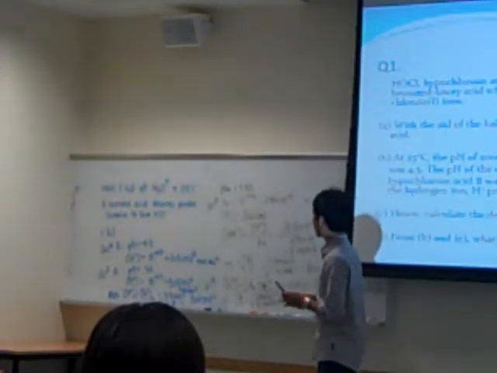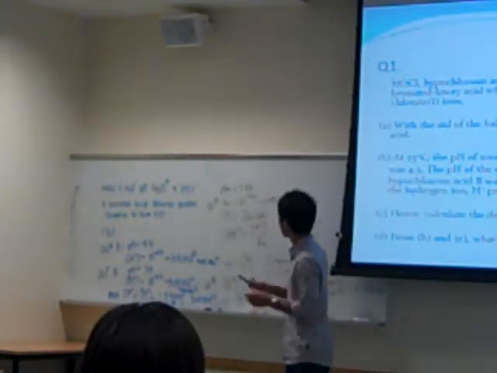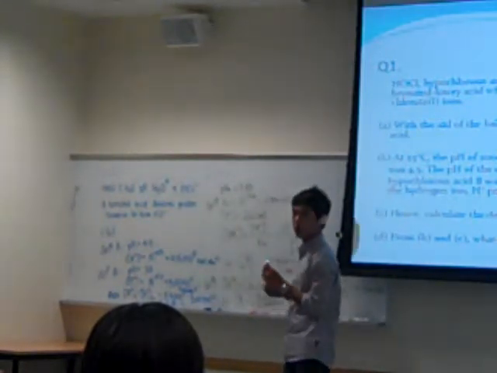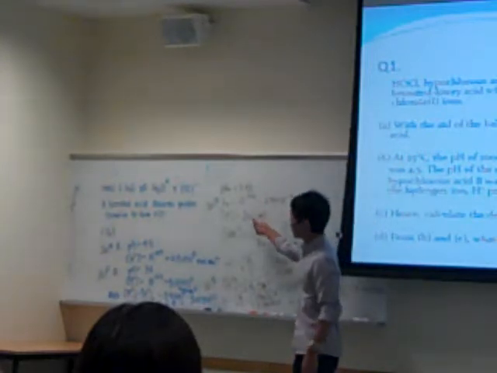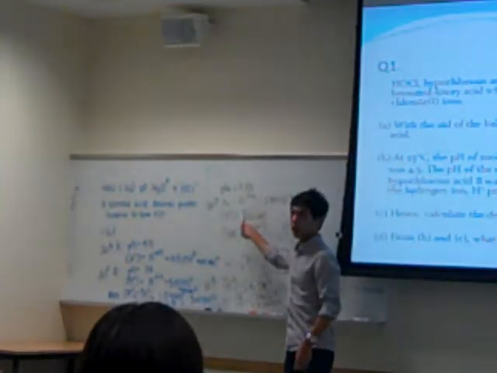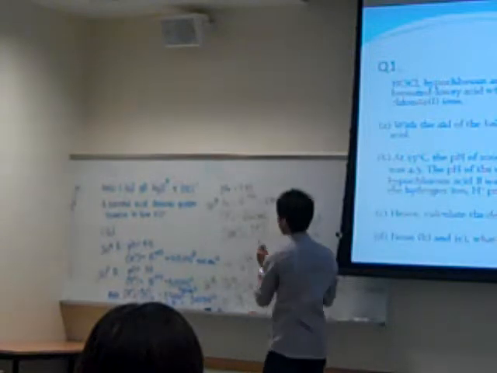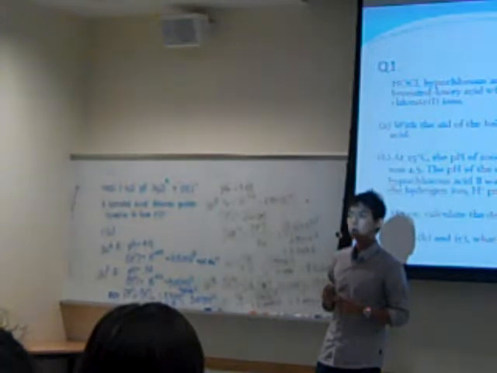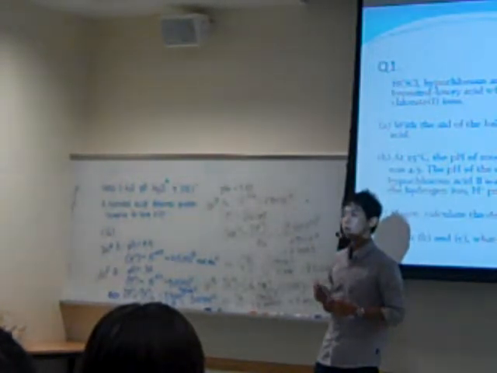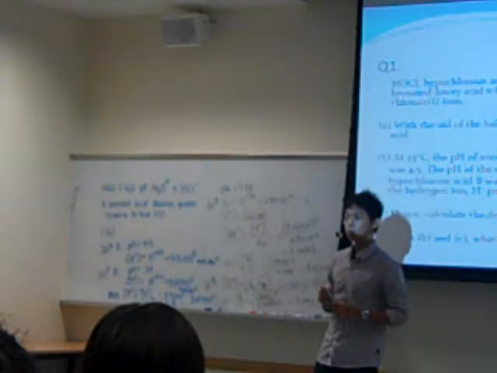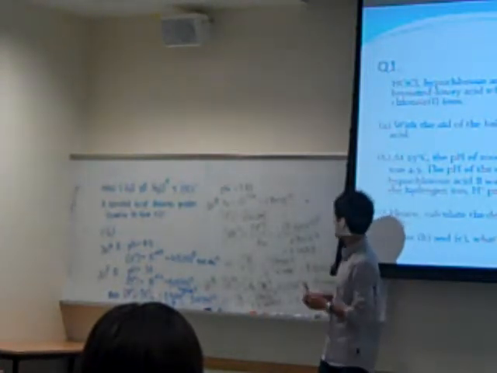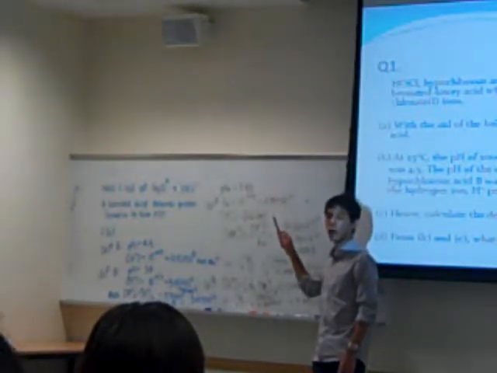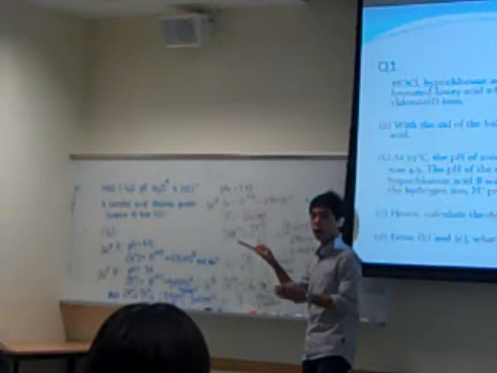So we will spend more time discussing part C here. I have the pKa value given to me in the question, so this will allow me to calculate my Ka value quite easily. So I get this value here. What does this value of Ka tell me about the strength of the acid? How about Jinshen? The value is quite small, so the acid is a weak acid. Yes, it's a weak acid because this value is very small, if you remember what I told you during the lecture. So equilibrium will lie more favorable to the left.